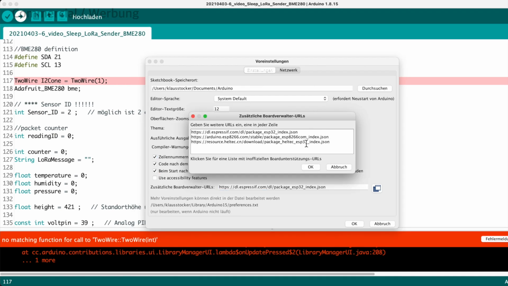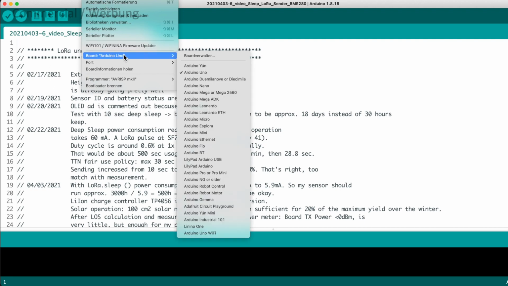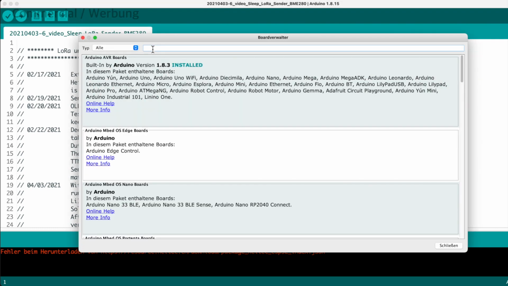In our case, we need to insert the following. Then we need to download the ESP32 board drivers in the Board Manager section.